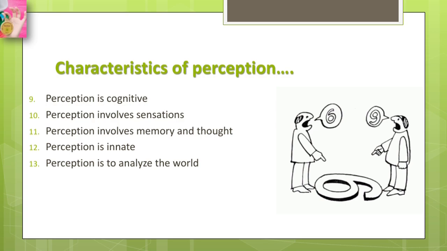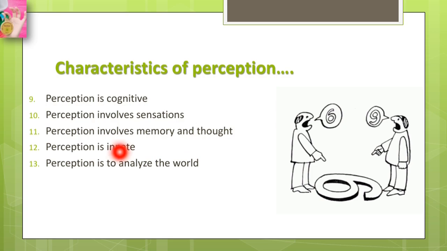So it means that sensations are essential to perception, and perception involves sensation. It is a process of interpreting or giving meaning to the sensation. Then the 11th one is that perception involves memory or thought. Now, perception is concerned with cognition and recognition of things. It involves memory and a spontaneous and perhaps unconscious inference or thought activity over and about the sensation.